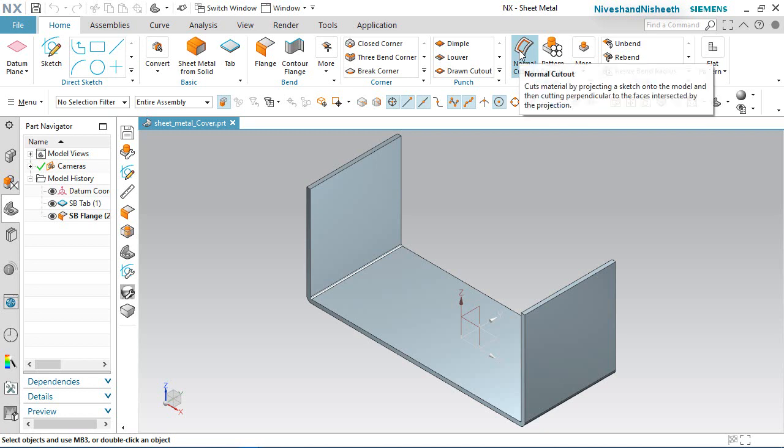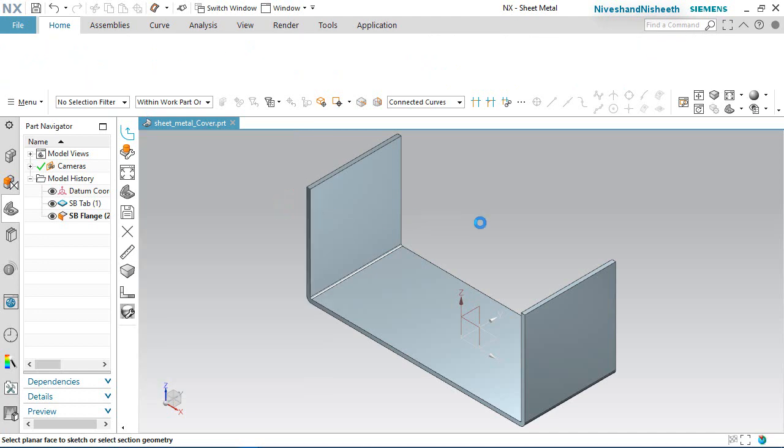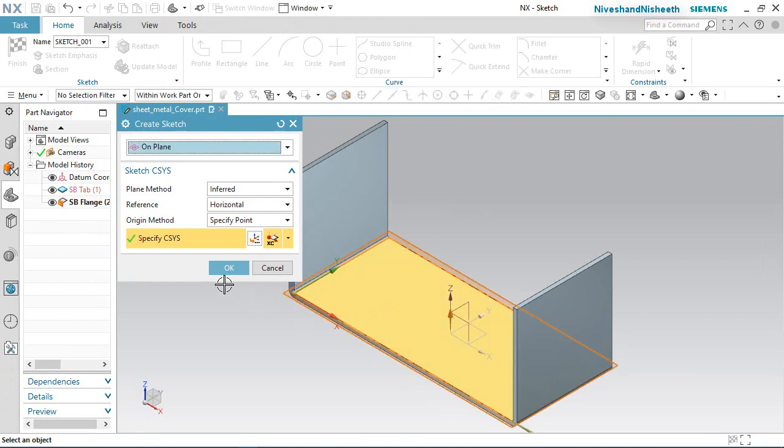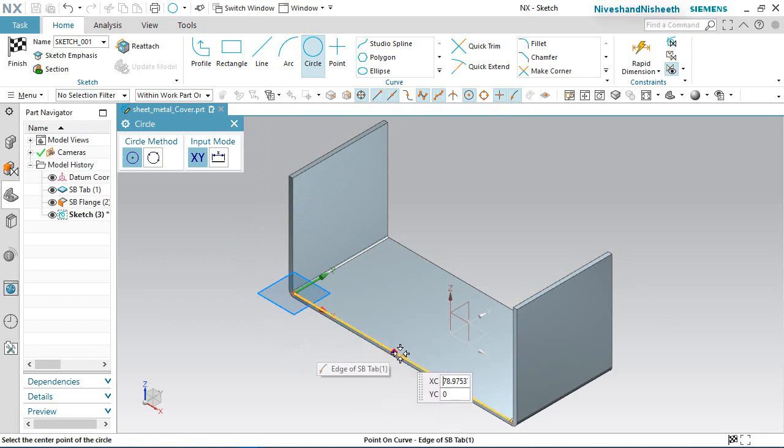Now we are activating the normal cutout tool. Select the sketch section. Select this face. OK. Activate the circle tool and start the circle midpoint of this edge.